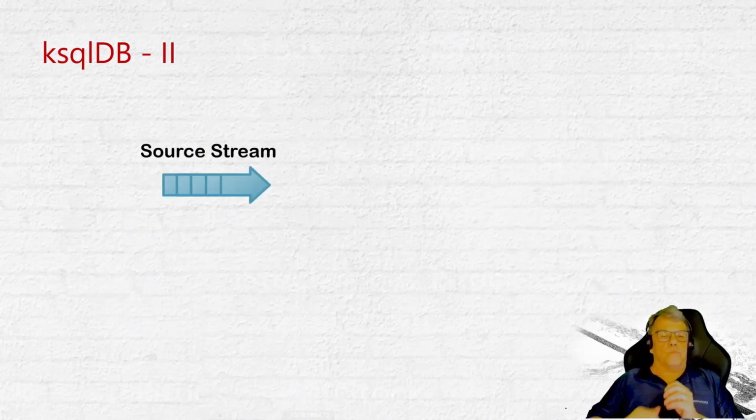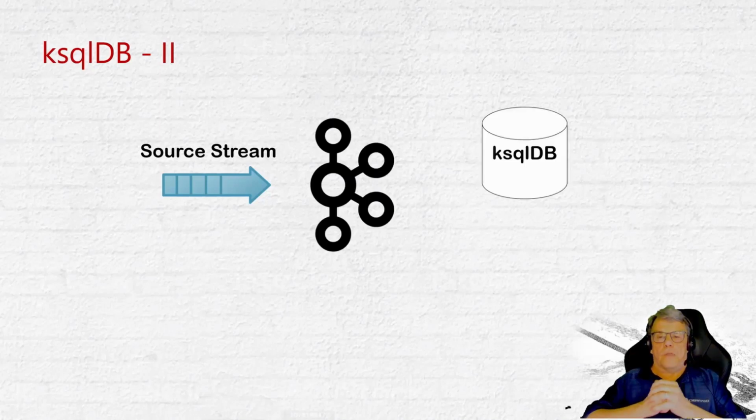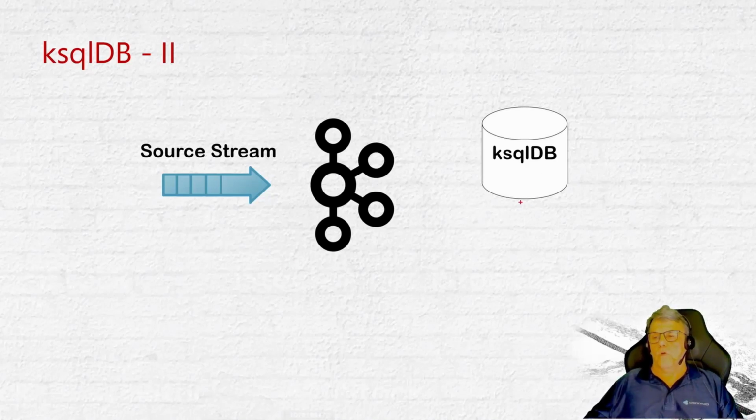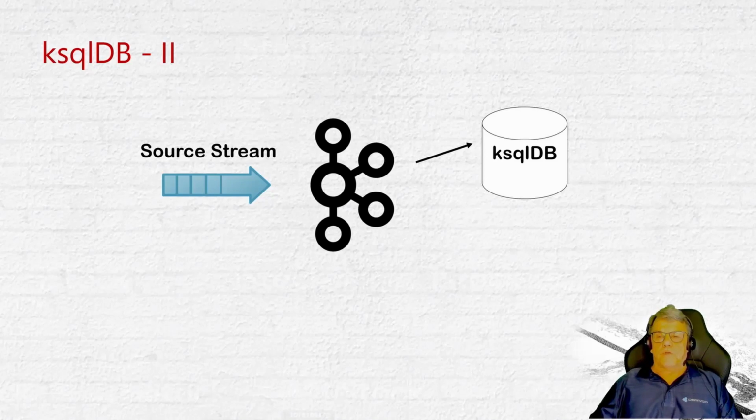Right, so here we have a source stream. It comes into a topic. We have on the right-hand side ksqlDB. ksqlDB now reads from the topic, and then it processes the message, and then it writes back to the topic,